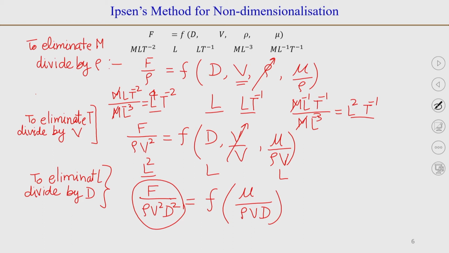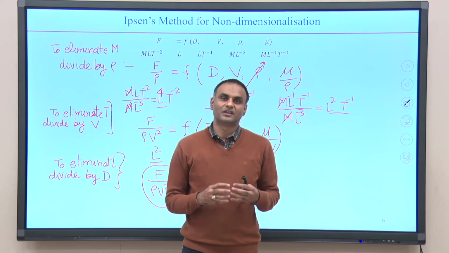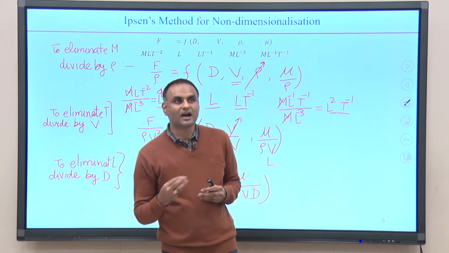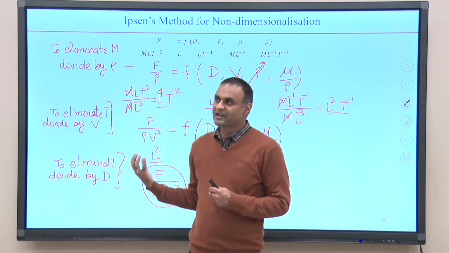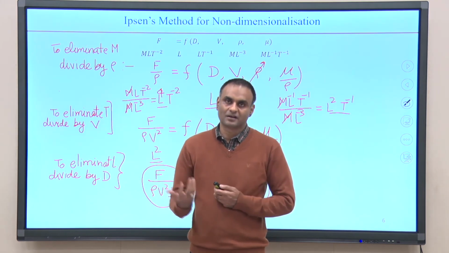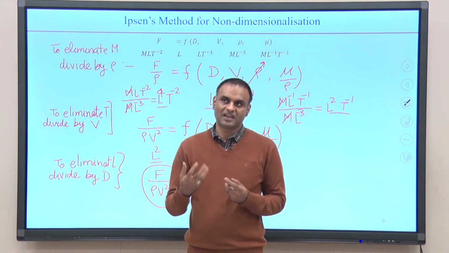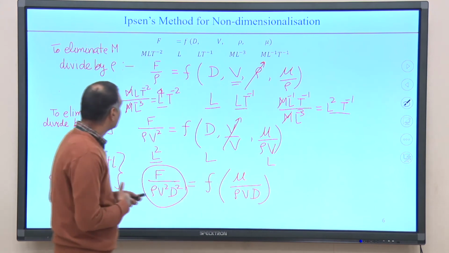So, without finding any repeating variable, we have been able to identify the dimensionless groups. So, the number of restrictions that we had, that we need to look at the repeating variables, we need to find out if the repeating variables are making a dimensionless group, or whether the rank of the dimensional matrix is equal to the highest rank, or whether M is equal to R or not. So, all those restrictions are not there in Ipsen's method.